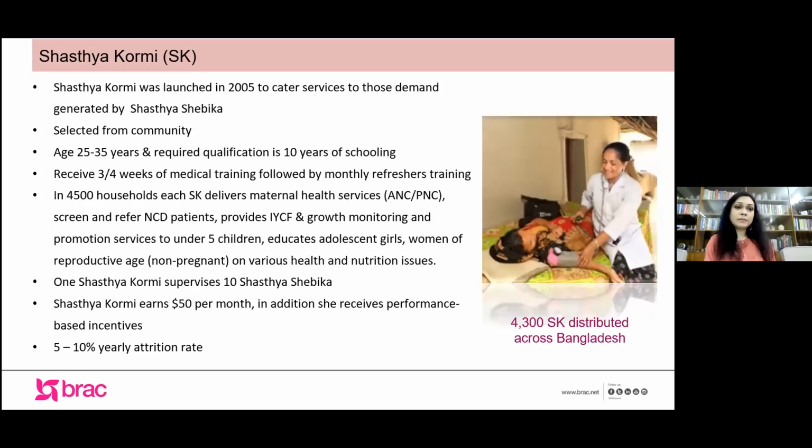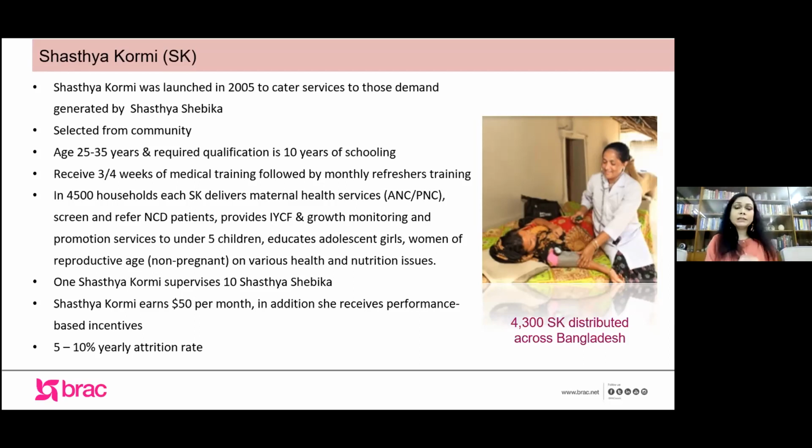The next cadre is Shastokormi, who basically provides a higher level of clinical care. This program started in 2005 to support Shasto Shebikas and to fulfill the demands generated by Shasto Shebika for the services they provide to the community. Their qualification is also higher than Shasto Shebika. It's 10 years of schooling or a secondary school certificate. They also receive 3 to 4 weeks training, but this is more clinical training, as I mentioned before. And they receive monthly refresher training in contrast to quarterly training. And one Shastokormi